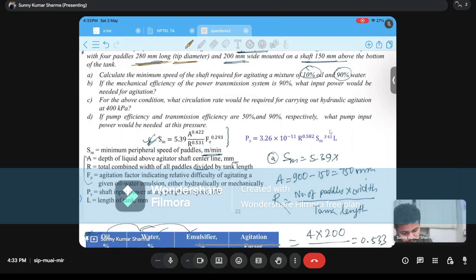So first part is called minimum speed of the shaft. Second is, if the mechanical efficiency of power transmission is 90%, what input power would be needed for agitation? For that, one expression is given. We don't need to remember. If they are asking, they must give all these notations here. We just need to use those notations. From this expression, we can calculate the input power. So input power is given as Ps is equal to